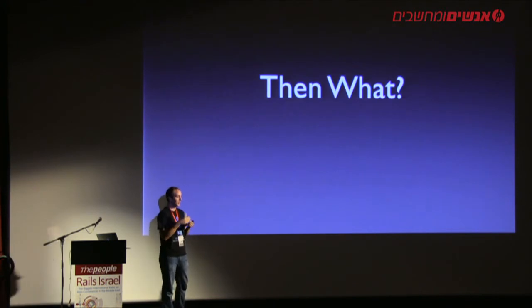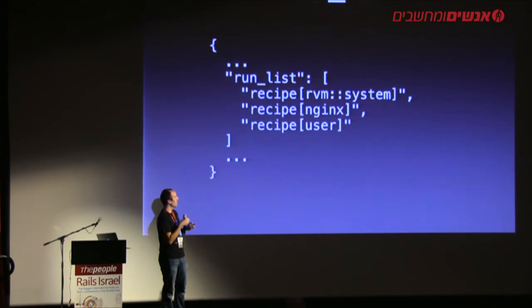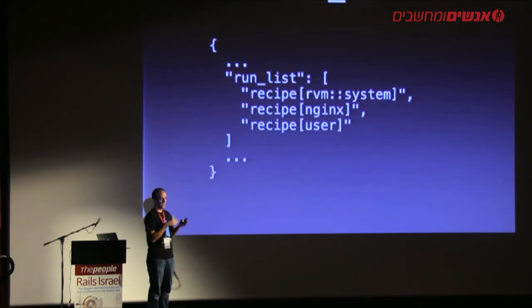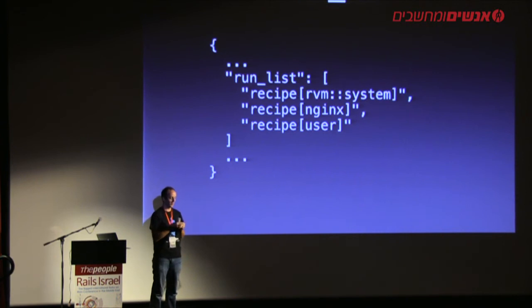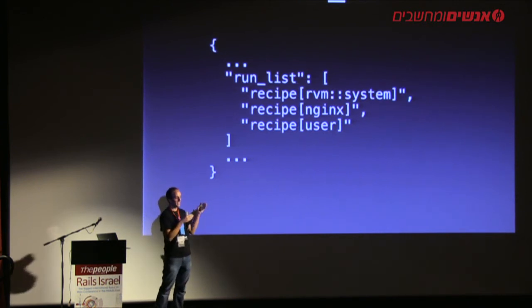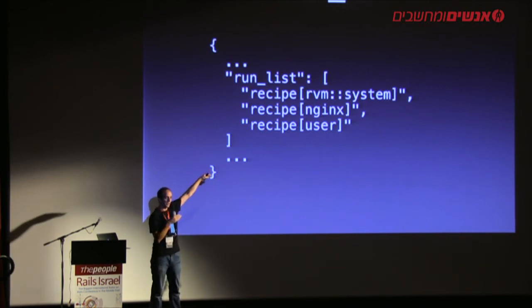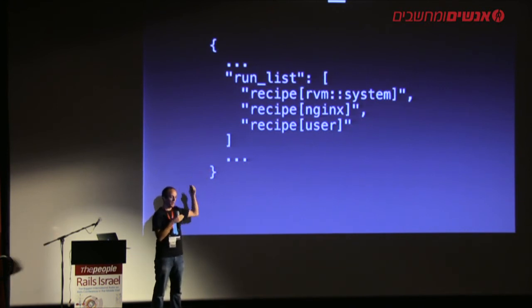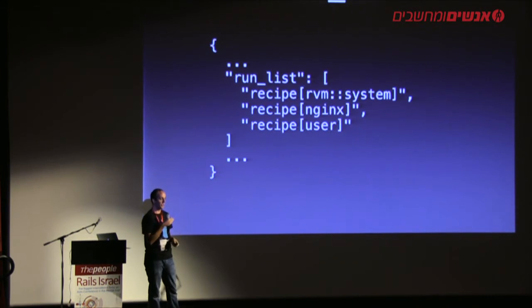But of course, once you have that, then what do you want to do? For a really simple case, you might want to create a machine that has three things on it. It might have Rvm, it might have Nginx, and it might have some users. I'm using Rvm as an example here, and I don't really want to get into flame wars about Rvm. But anyway, in this case, we have a run list, and this run list describes the 3 things that are going to run on that machine when the machine is